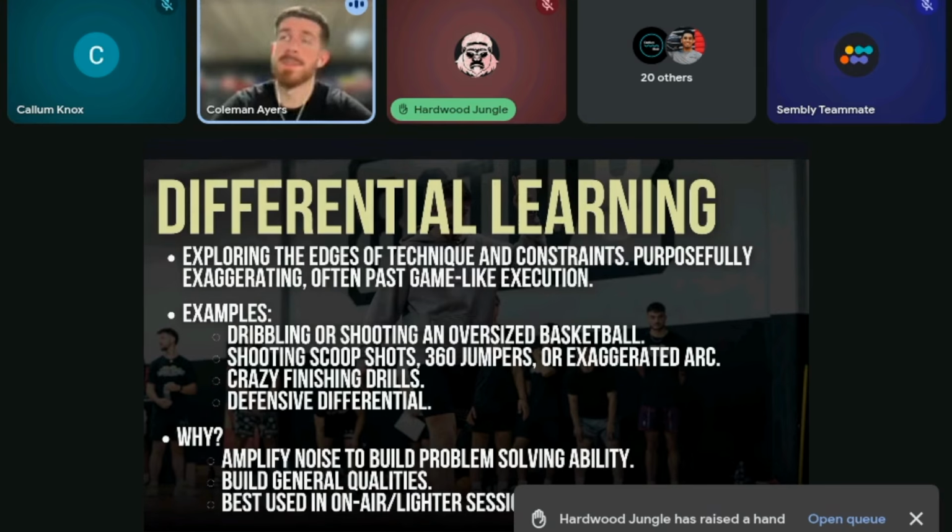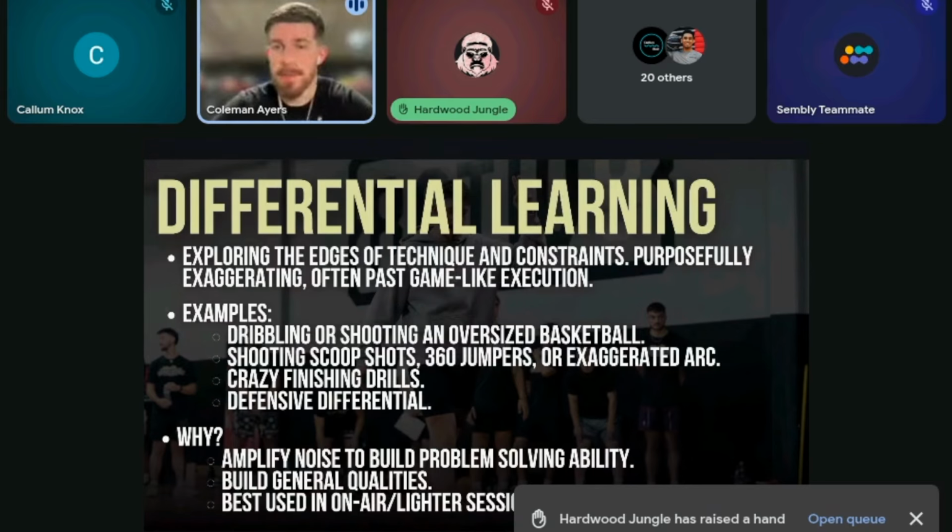So if we're saying, hey, you're going to jump from as far as you can and finish at the rim with your left hand. Okay, well, obviously, when you jump as far as you can and have to finish at the rim, you are going to finish on the way down, right? So we're learning how to finish with downward momentum at the last second. Obviously we're building some body control ability, but also the ability to jump horizontally and finish, which is very important. The ability to find and stay tracking the rim, even through a little bit of chaos, as you're jumping from pretty far out and feel a little bit out of control.